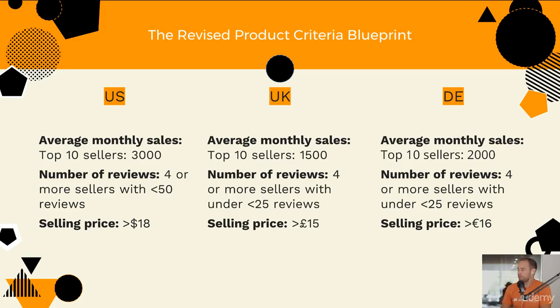So this is what we're going to be looking at today. This is kind of like our product criteria blueprint. Today we're going to be doing our product research in the UK store. Throughout the niche, when we search for a product, we want the total overall demand to be